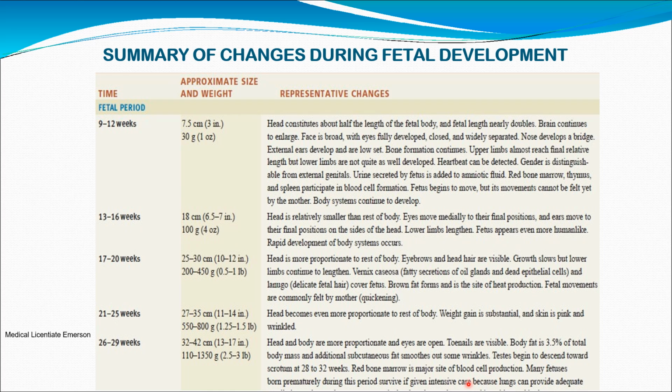So that's what we also need to understand. Specifically, you also need to remember this point where we have said the testes are going to begin to descend toward the scrotum at 28 to 32 weeks, because again, if we are born prematurely, they will be born with an undescended testis or cryptorchidism, and that's very important to understand. Okay,